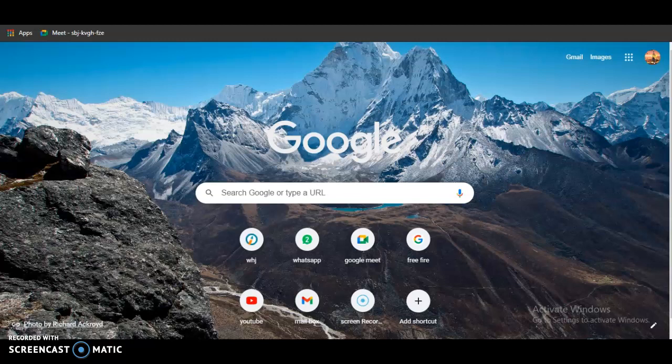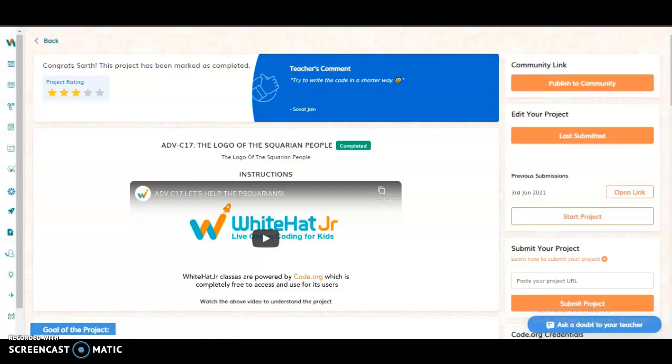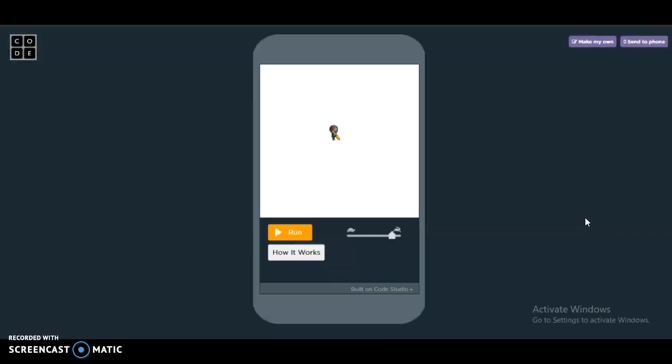I am Sarth. Today I will do project class 17. So let's start. Go in the WhiteHat Jr app, go in project 17 and open the project. I have done it already, I will do it again. Okay, it is opening. It's open and click on how it works